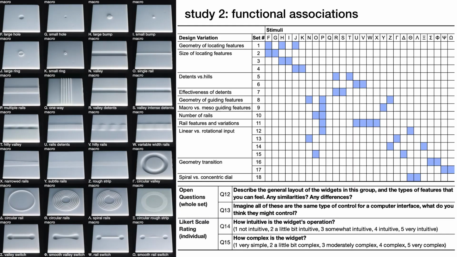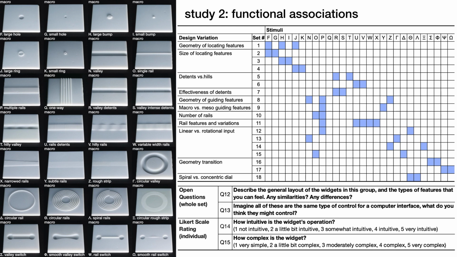Our second study focuses on functional associations. We combined primitives into basic widgets, which were presented to participants in thematic sets, exploring different design facets such as the geometry of locating features, size of locating features, detent versus heels, effectiveness of detents, geometry of guiding features, macro versus meso guiding features, etc. We included open-ended questions as well as Likert scale ratings evaluating the efficacy of conveying function, such as complexity and